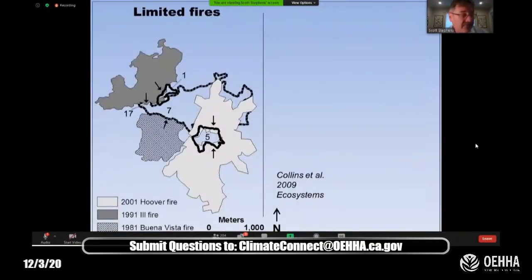And when we look at fire patterns, this is something that Brandon Collins, a colleague of mine, has done some work on. What we see here are polygons of, again, fires. So these are actual fires that are recorded just from a GIS database. So we know these from 1972 on. And we have several different fires depicted by color of white, gray. And then we have this darker perimeter of another fire that actually burns in that vicinity.